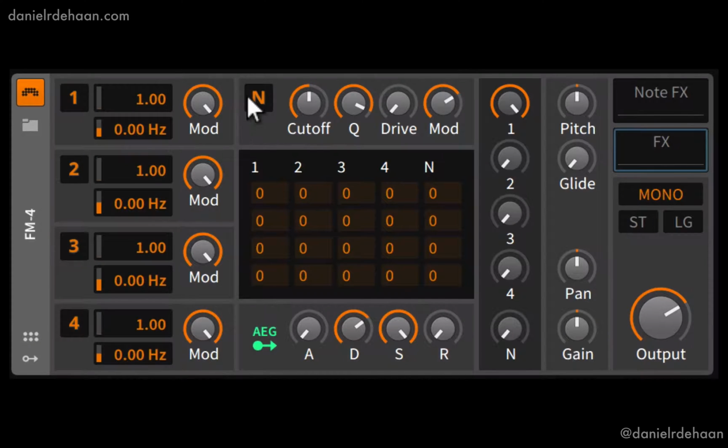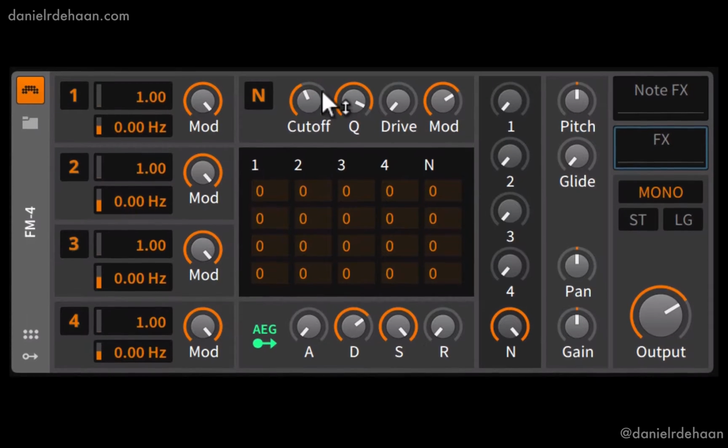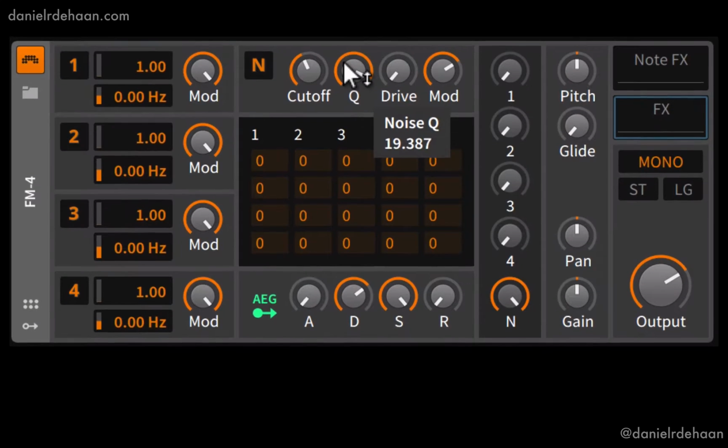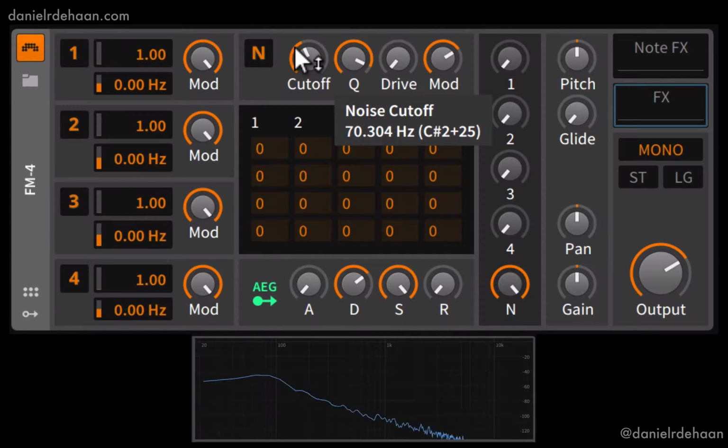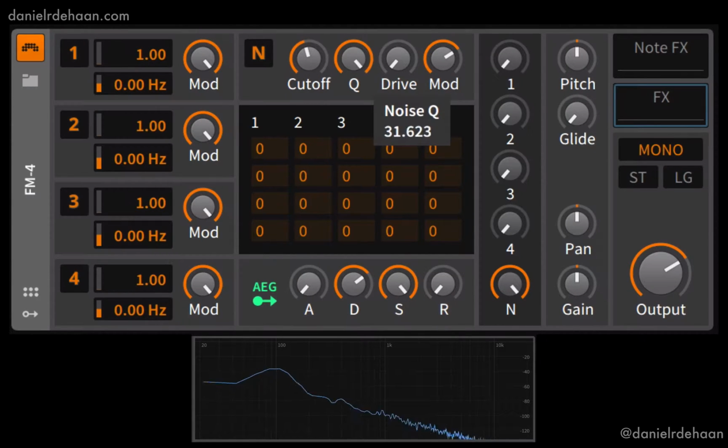And with the noise source, similarly, we can turn it on or off. So let's go down and let's turn the volume of our first oscillator all the way down, or the output volume, and then bring all the noise up so we can hear that. So on or off, and it's got a low pass filter on it, so I can sweep this up or sweep it down. And then it's got Q or resonance on that, so you can hear right now it's getting really squelchy because it's really boosting that point of cutoff on our filter, which as I sweep this up a little bit, we can kind of see that